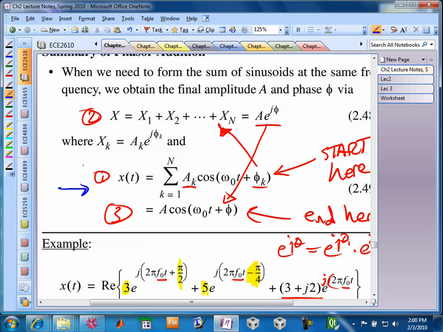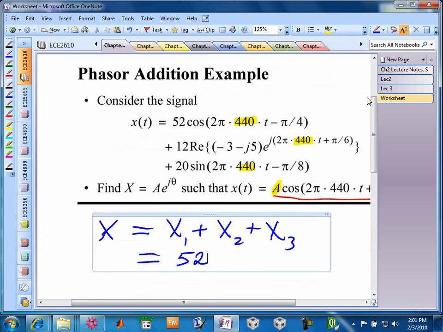Then we have to identify from that the components, which was step 2. The x1 is a1 times e to the j phi 1, and so on. And then step 3 is to write it as the final a cosine phi after you've added up the x values to get an equivalent a e to the j phi. Remember? So now if I jump back over to this worksheet,